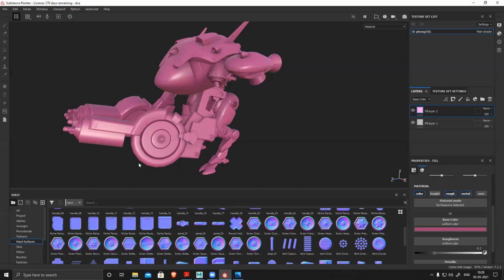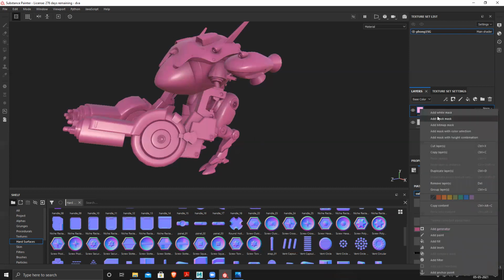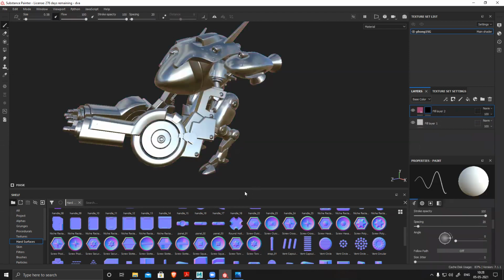To generate those corners, there are a lot of generators available in Substance Painter, although most of the things are automated. To expose those metal corners, right click and add a black or white mask, it doesn't matter. Personally, I prefer a black mask, because it removes everything and then I can add whatever I want. So with a black mask, everything is invisible.